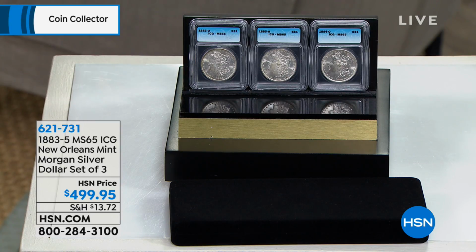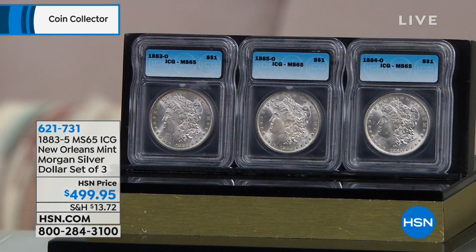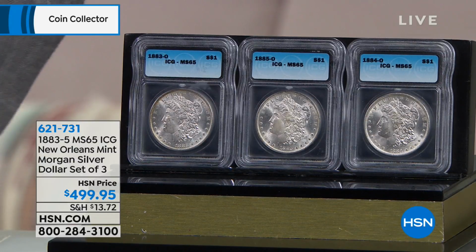They are special coins, extraordinarily limited. I have a primetime show tonight. We are likely to sell out the balance of these. Want to make sure, as you're seeing these now at 621-731, that you go ahead and get them now. If you are at all thinking, I've got to add that to my collection, please don't wait. Now, we talk about our